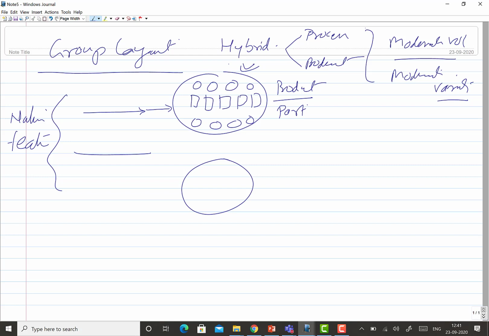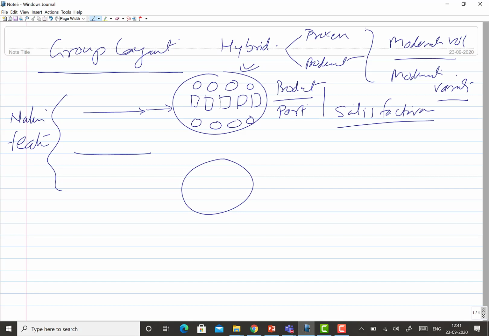When it happens, they will be able to see that they are at least responsible for certain things. So this gives them a satisfaction in the job. To facilitate work satisfaction, this kind of layout was primarily developed thereafter, but at the same time it also exploits the positive sides of both process and product layout.